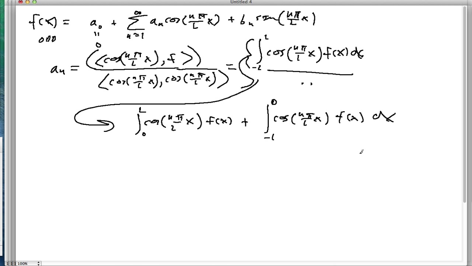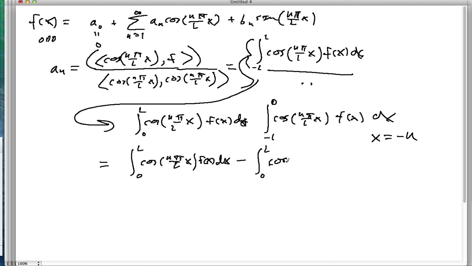And we're going to do the same trick as we did before and say that we let x equals negative u. And what we're going to end up with, if you do the same process we did with the last one, is 0 to L cosine n pi over L x, sorry, there's a dx there, f of x dx, and it's going to be minus 0 to L of cosine